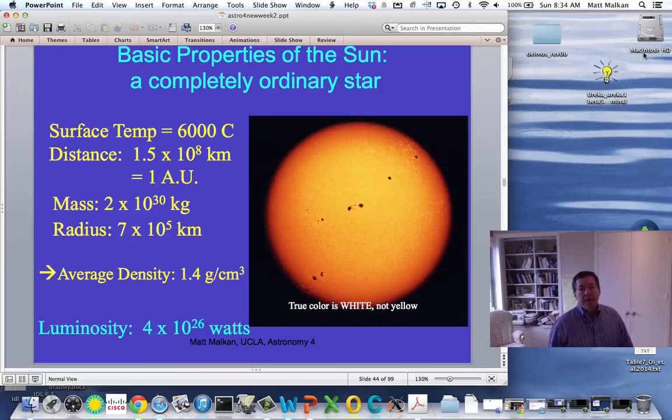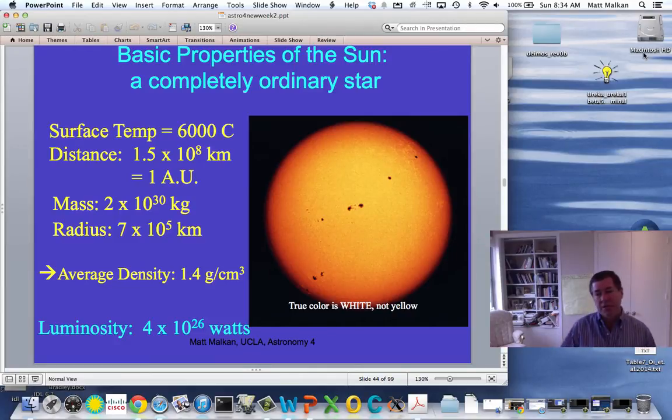Good morning. In the previous lecture, I started to argue that the most important fundamental thing determining all of a star's other properties is its mass. But before I explain that further, it has something to do with what happens in the center, right in the middle of the star. Before I do that, I want to start out with the one star that we have